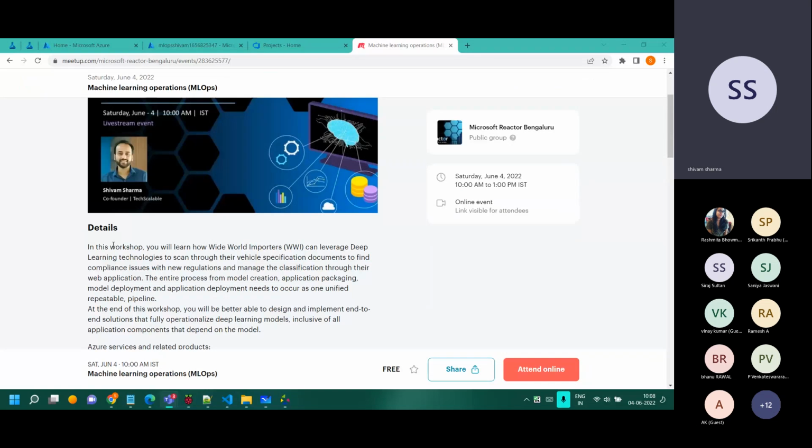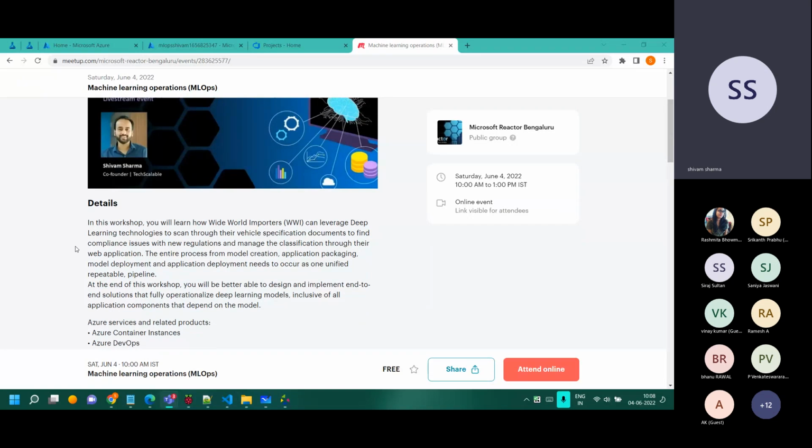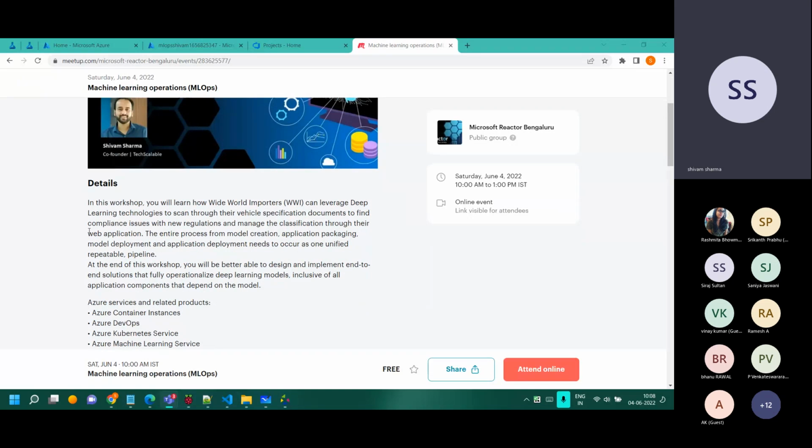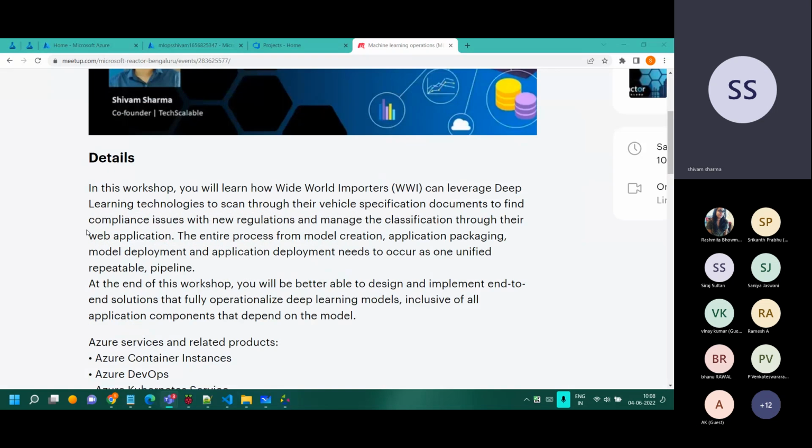Basically, what we are going to discuss is that we'll understand what is MLOps. But if you have joined me for the previous sessions, in the longer sessions we generally take a case study and we solve the case study. While we solve the case study, we understand the concept and all the pros and the cons, or anything which we need to know about the topic or the technology.